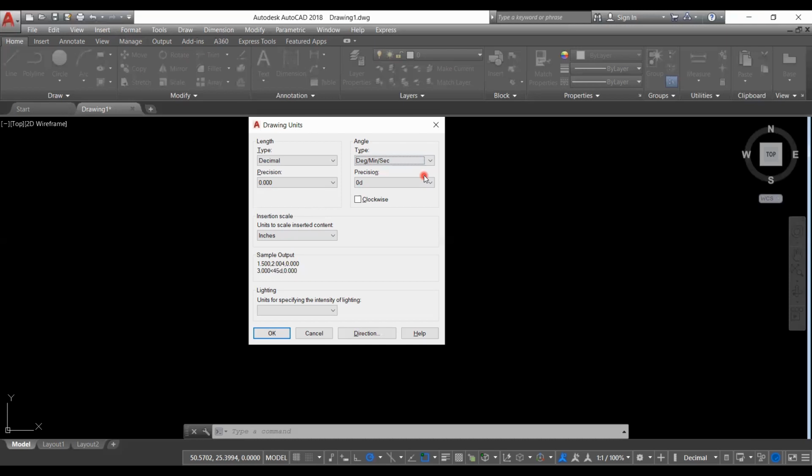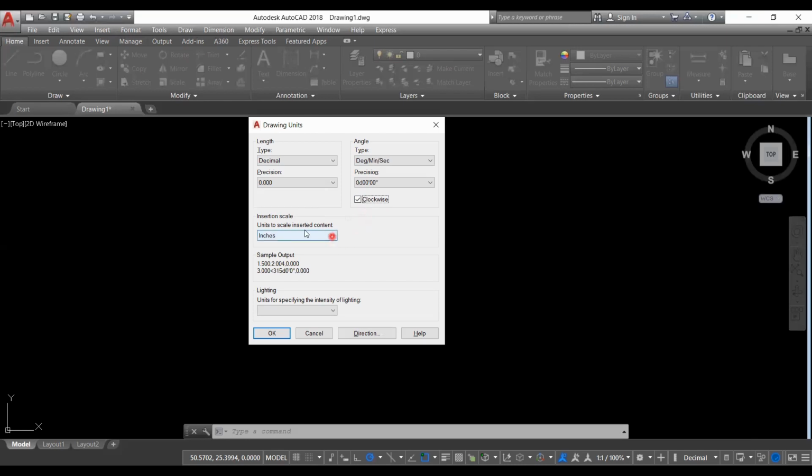You can select the precision of angle here. Here, choose clockwise or anti-clockwise according to the angle measurements. I click on this to select the clockwise angles.